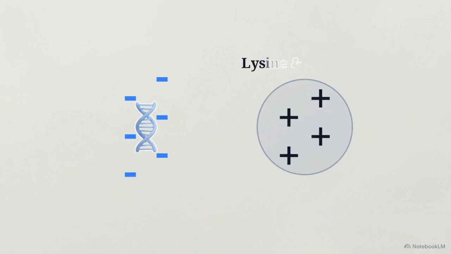This diagram shows the nucleosome model, where the first level of packing is driven by simple electrostatic attraction. The DNA phosphate backbone carries a strong negative charge, which is magnetically attracted to the positively charged basic amino acids, specifically lysine and arginine, found in histone proteins. The core of this unit is a histone octamer, composed of exactly 2 copies each of H2A, H2B, H3, and H4. A segment of DNA approximately 146 base pairs long wraps around this core 1.65 times to form the nucleosome